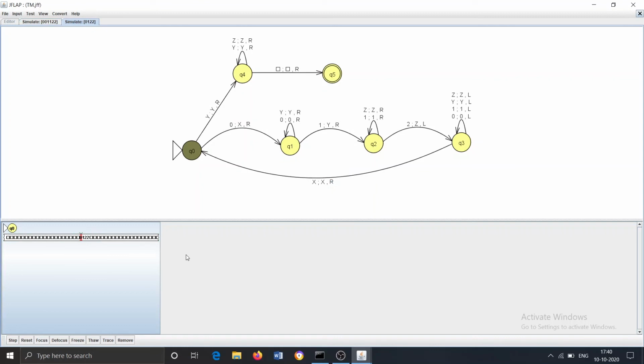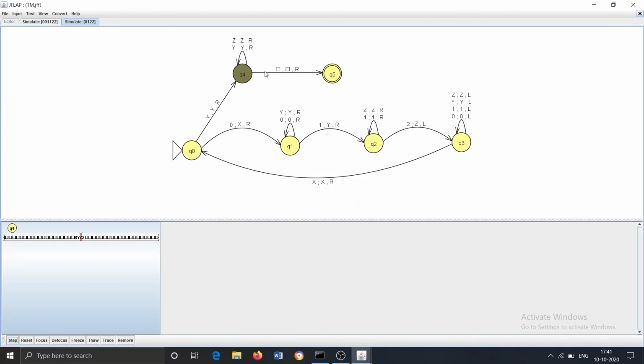This is a small input, so the 0 will be converted to X. Let's quickly reach the failure point and I will explain the failure. So see, now X is encountered, so it will move right and it will reach state q0. Now it's Y, so it will go to q4.